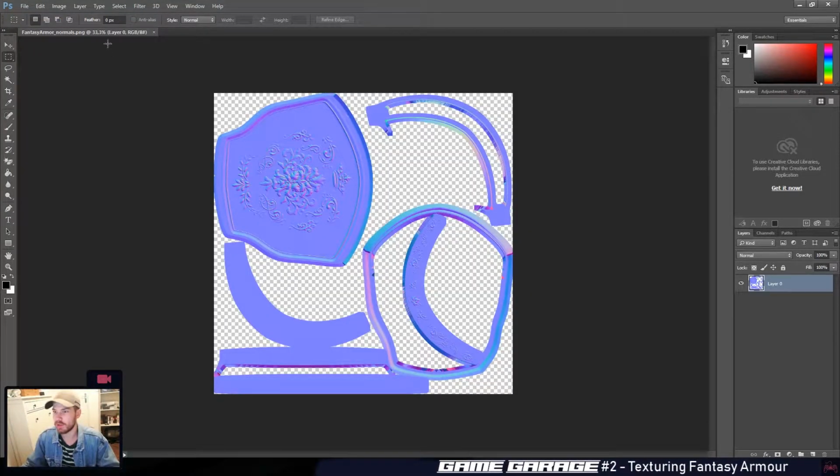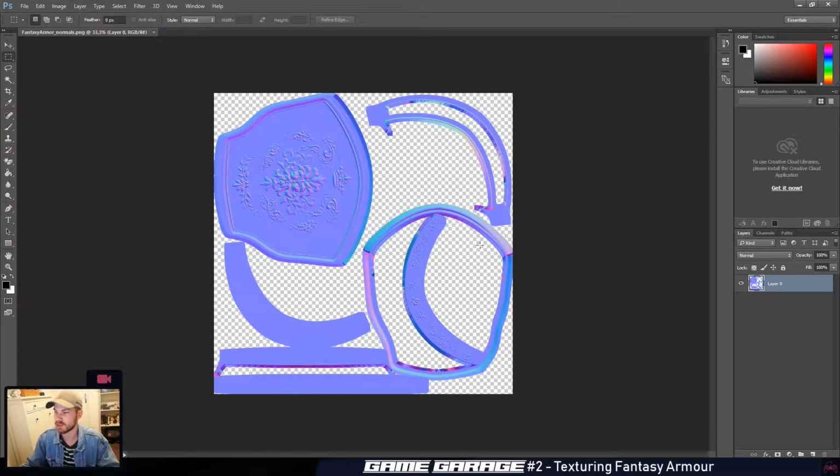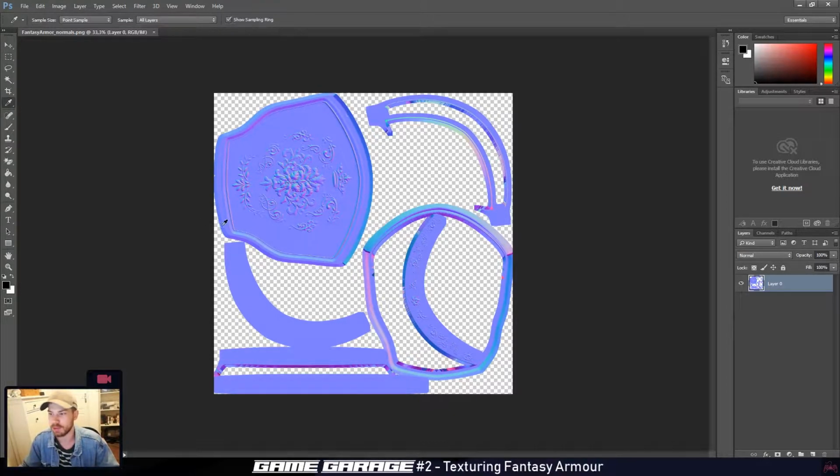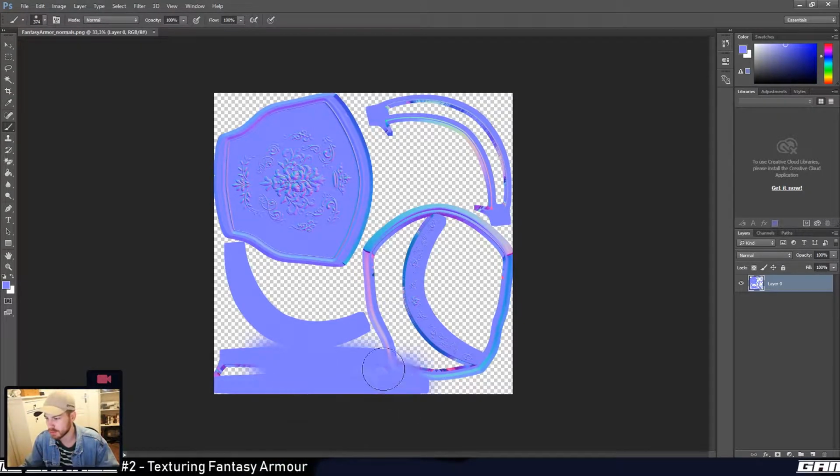Okay, so first up we have our normal map. As far as I know, it's 2K, which isn't ideal. I might have to rebake that at 4K, but it'll be fine for now, and it'll just give us an idea of what we're looking for. And actually in Substance Designer, it's going to contribute to our overall texture map instead of being it itself. So I shouldn't have to worry about that too much. So all I'm going to do is just